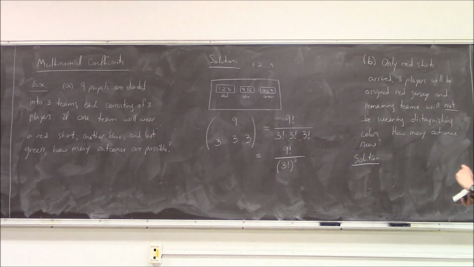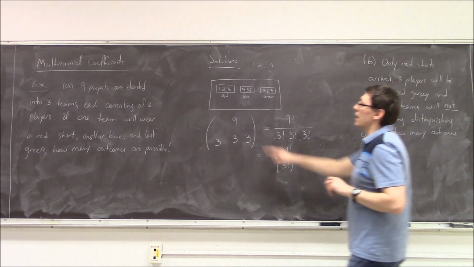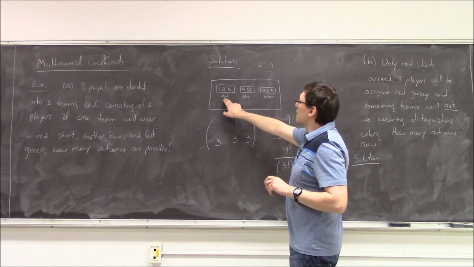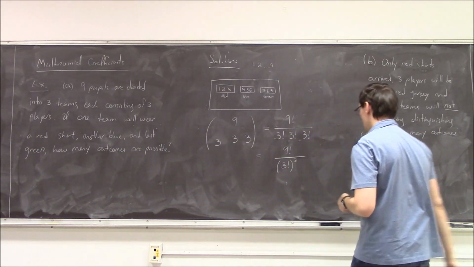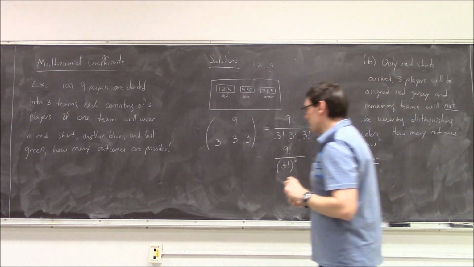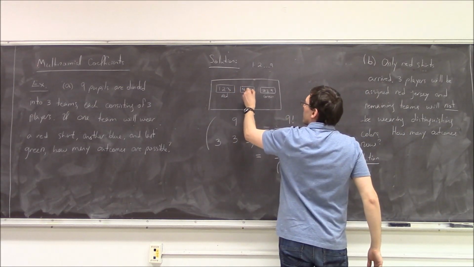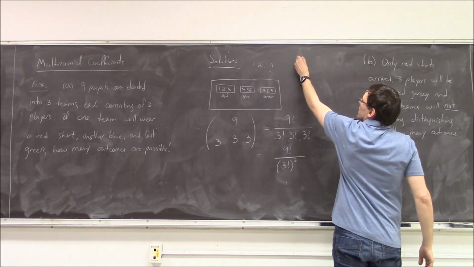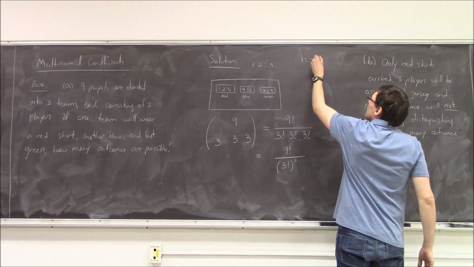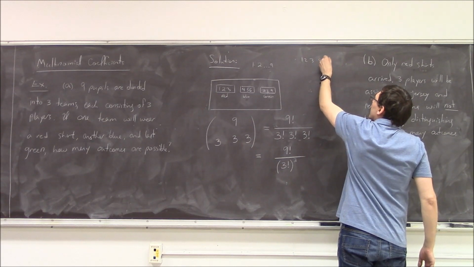Now let's make this question slightly more difficult. Now suppose in B, only the red shirts arrived. We are going to divide children still into 3 teams, but only the red team is assigned a red shirt. What happens then? Now you see there is the code 1, 2, 3, 4, 5, 6, 7, 8, 9. So I write this code again here. 1, 2, 3, 4, 5, 6,